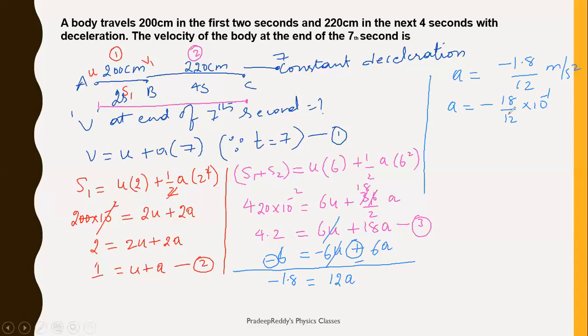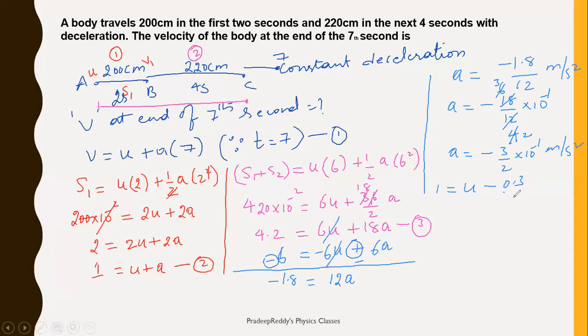This gives you 3 4s 12, 3 6s 18, 2 2s and 2 3s. This will be a is equal to minus 3 by 2 into 10 power minus 1 meter per second square. Acceleration, we have got it here. Take this acceleration, substitute in equation 2. That gives you 1 is equal to u minus